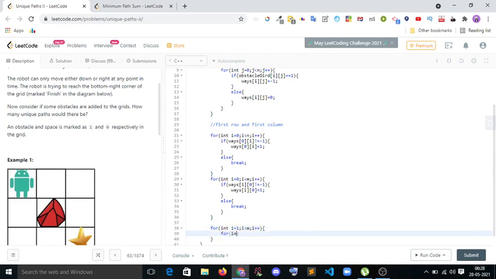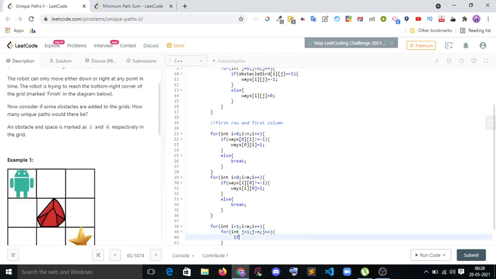For int j equal to 1, j less than n, j plus plus. So the first condition is if ways of i and j is equal to -1.